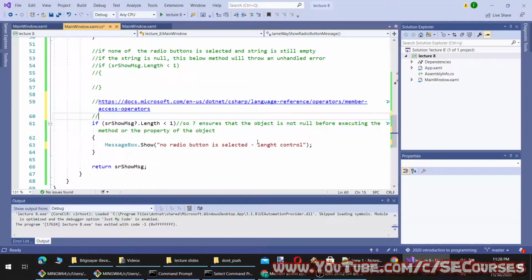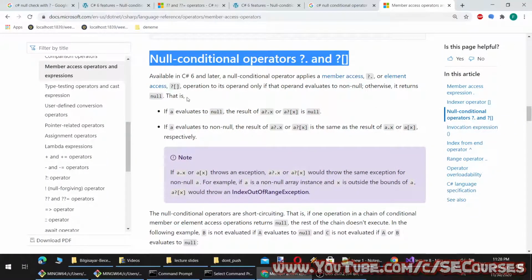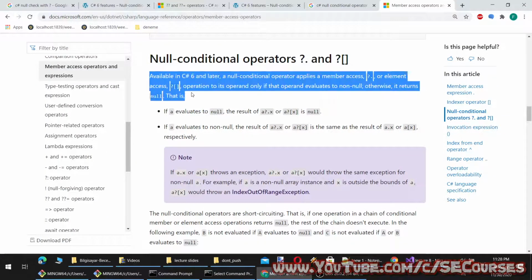Okay. So it says that, available in C# 6 and later, a null conditional operator applies a member access or element access operation to its operand only if that operand evaluates to non-null, otherwise, it returns null.